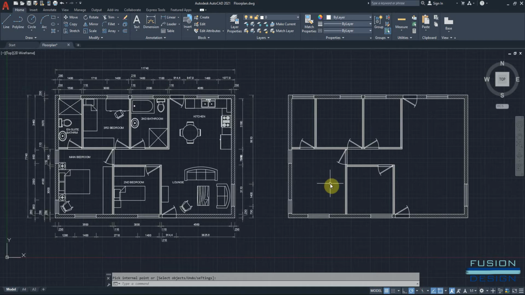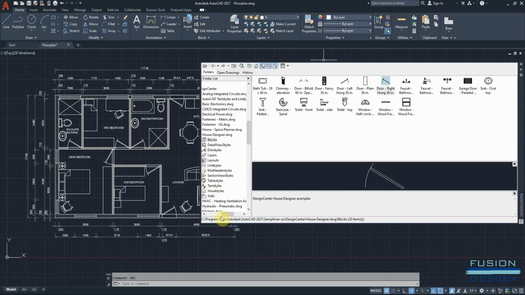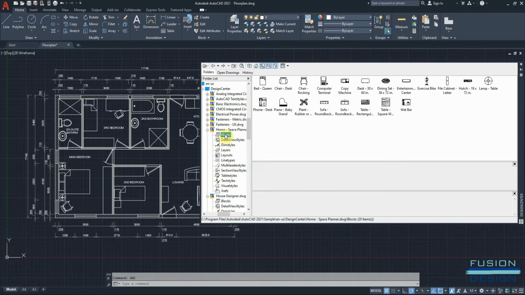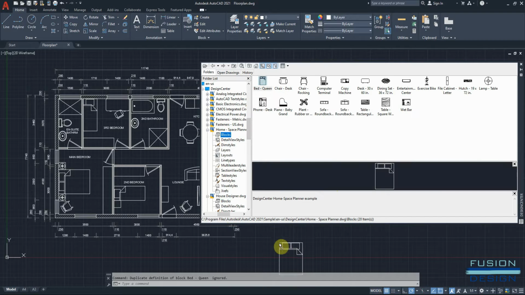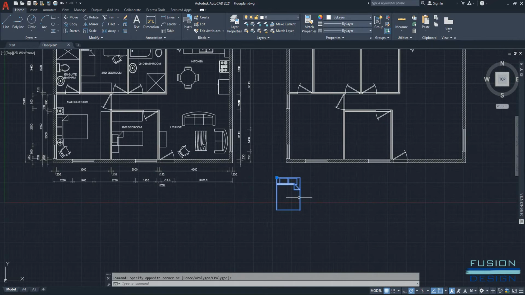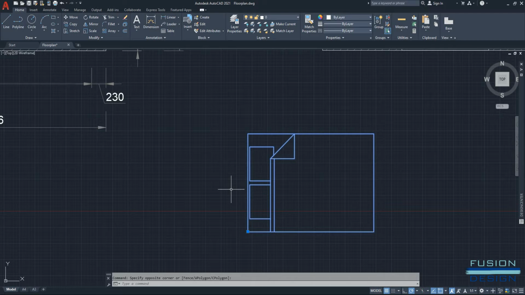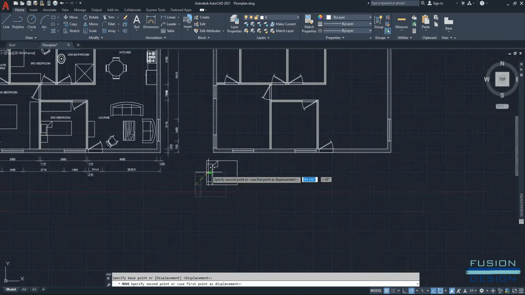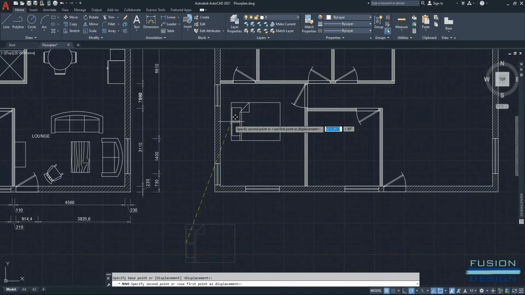I'm going to type in ADC for Autodesk Design Center, and for this one we'll go to Home Space Planner. Go to Blocks and drag out the queen bed. Once you've selected it, rotate it and type in M for move, select the midpoint, and now you want to select the midpoint between